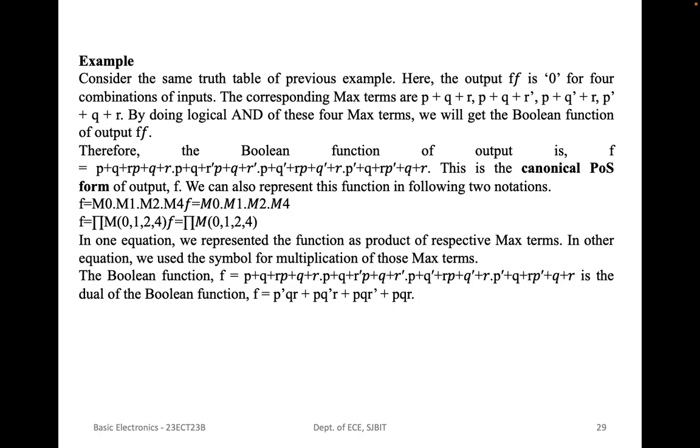Say the function is f equal to p'qr plus pq'r plus pqr' plus pqr. This Boolean function is in canonical SOP form, so we have to simplify it to get the standard SOP form. Using the Boolean postulate x plus x equals x, logical OR of any Boolean variable with itself n times equals the same variable. So we can write the last term pqr two more times, and using the distributive law for the first and the fourth terms, we can write